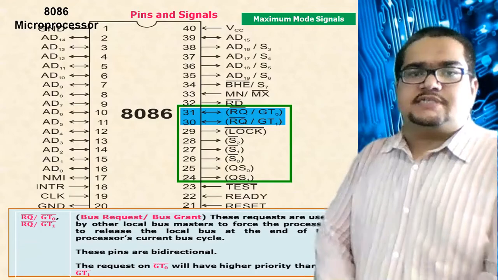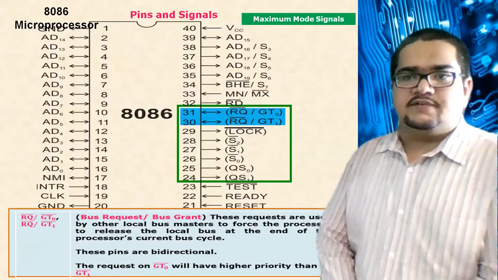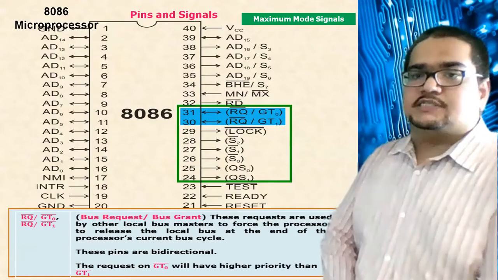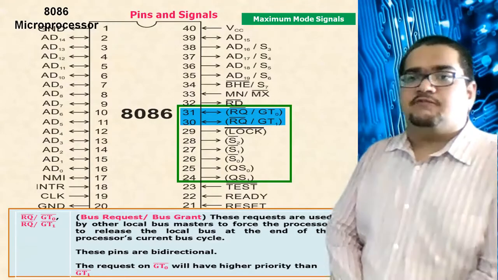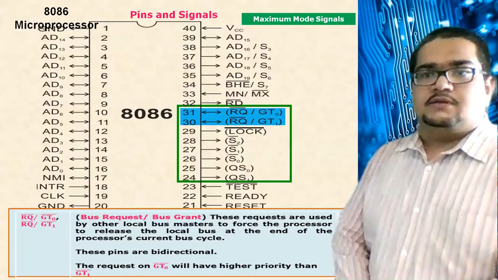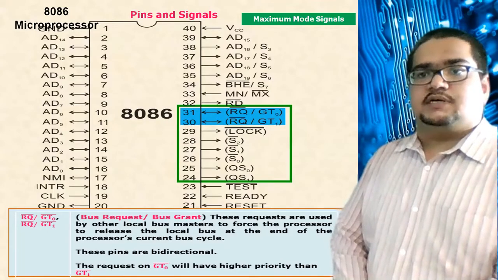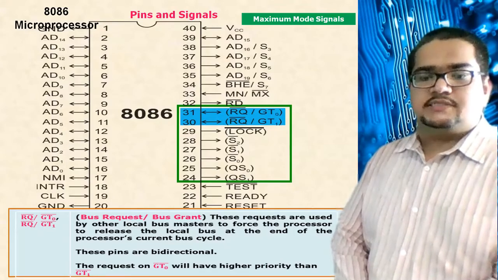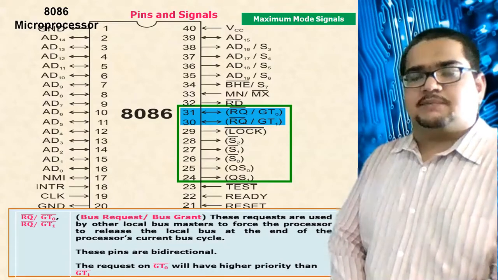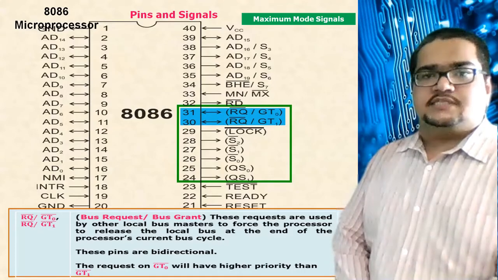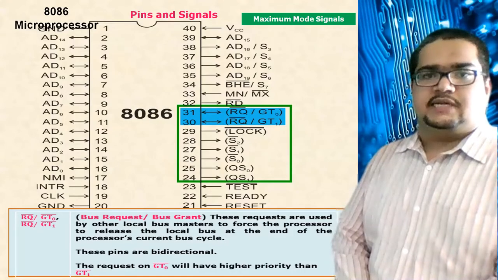Lastly, we have the request and grant signals. Obviously, when we have a multi-processor system and there is a bus master also in it, we can see request and grant things to be there. Somebody who requires access of the system bus should request to the other device on these two lines, and once the request is accepted, the reply of acknowledgement should also be given on these same lines. These are bidirectional lines, you can see.